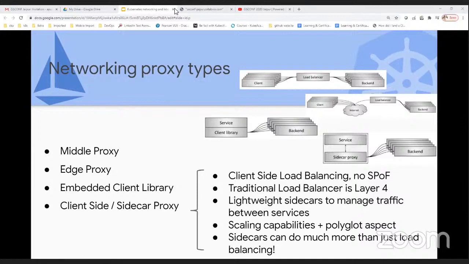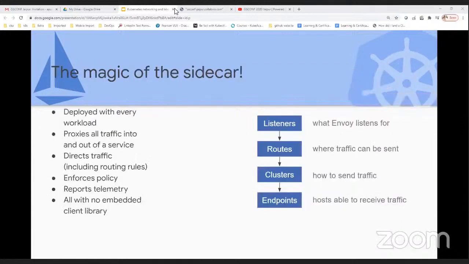Sidecar proxies are more lightweight. I can scale the sidecar proxy. It is not sitting in your code like a client library, and it can do the load balancing. So next we'll see more about the sidecar proxies.